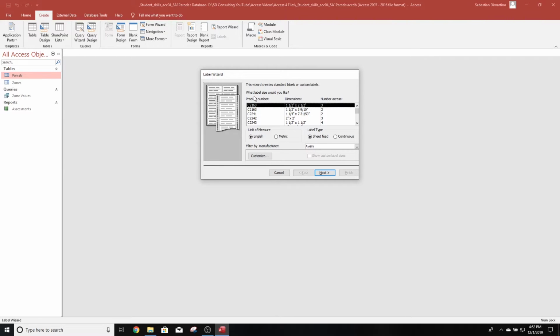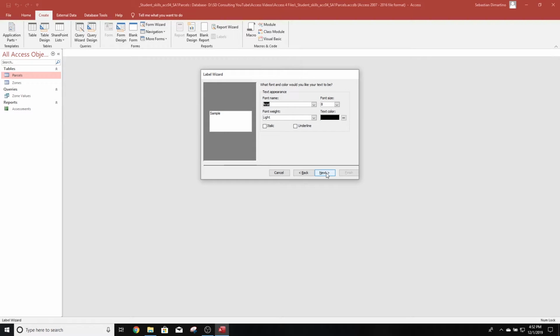If you have trouble, again, I'm bringing it back to the whole centimeters issue. If you run into an issue, you will not see C2160 right off the bat if you're using centimeters, because it's going to be set to metric. Your job is to move it to English, and that should show at the top. Worst case scenario, you could always search for the label. It's not a big deal, but I wanted to make sure that you know at home, if you are running or watching this video at home and you run into trouble. So make sure it's English, C2160, click next. And then we keep going